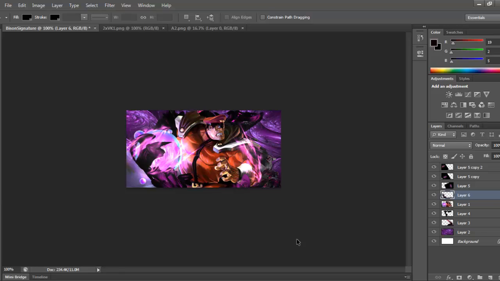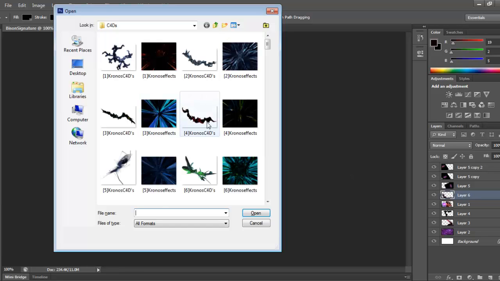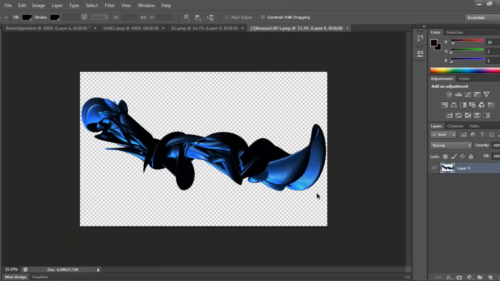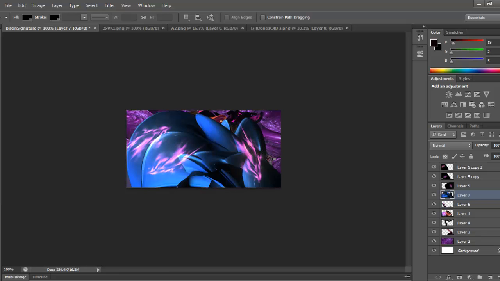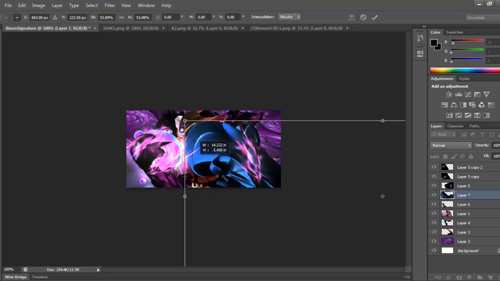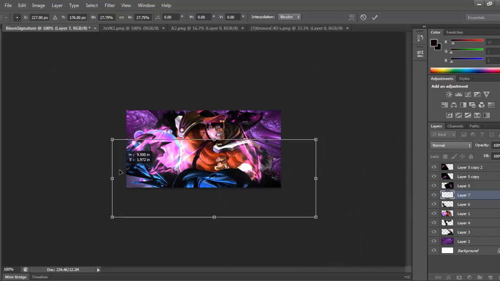And so far the piece is actually coming together pretty nicely, but if you can see, you still got this empty space right here, and then right here, and you want to fill up right here. So we're going to get another C4D, something a little bit less crazy, something like this. And then we're just going to scale it down a little bit to fill in certain areas. Did not mean to put that on top of my render. Keep scaling it down,